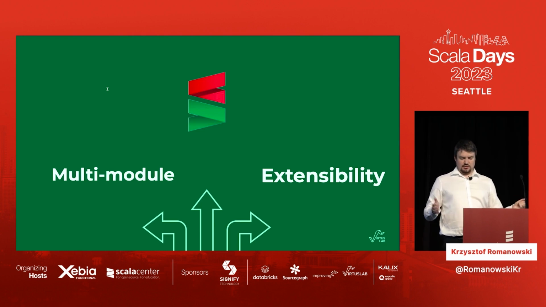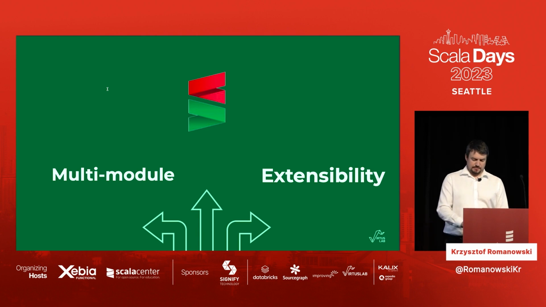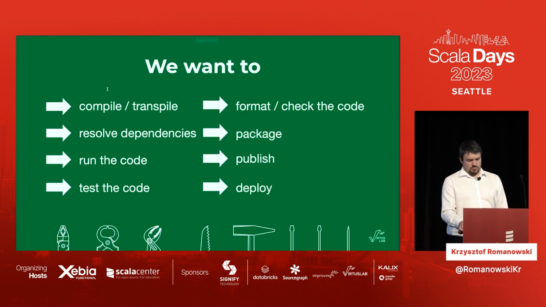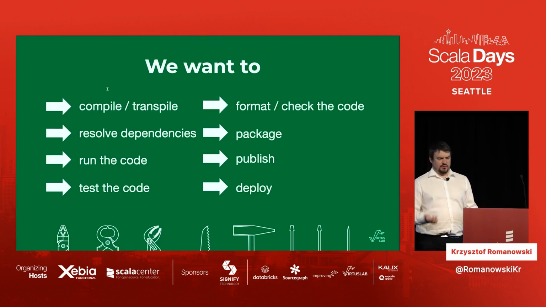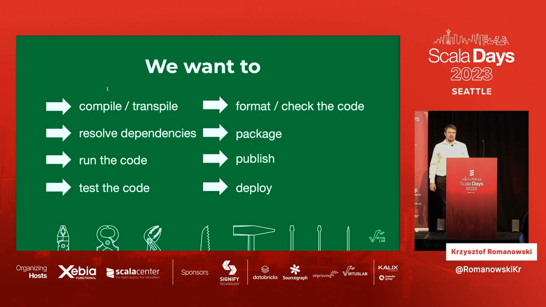So Scala CLI has no extensibility, so it cannot really be a build tool in my sense. So within the build tool, I showed you a few things: compilation and dependency resolution. I mean, it was not direct because we have the toolkit thing there. We can package, run the code, test the code, format the code,